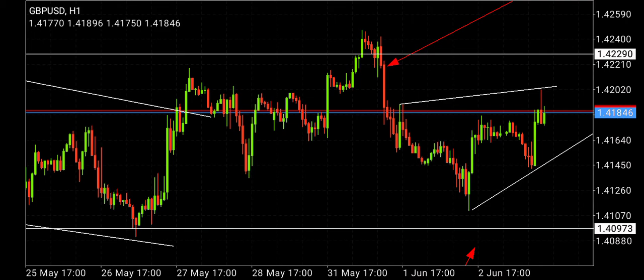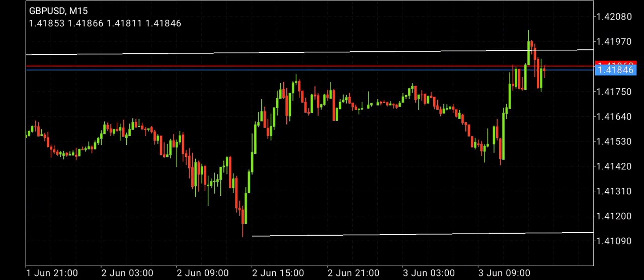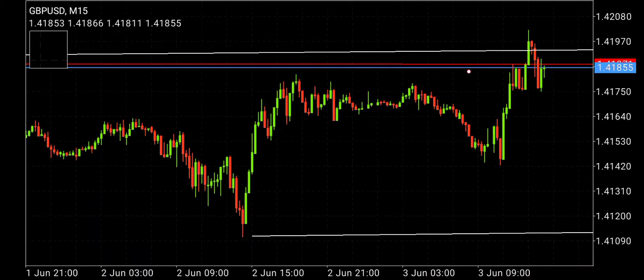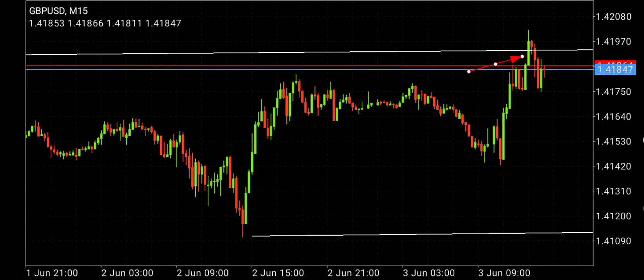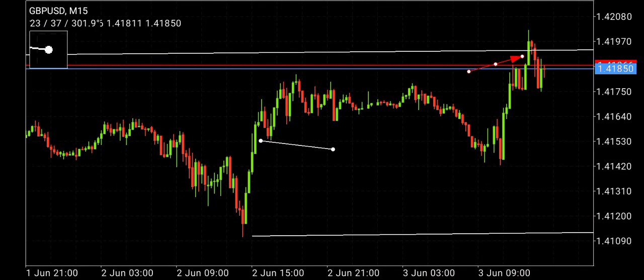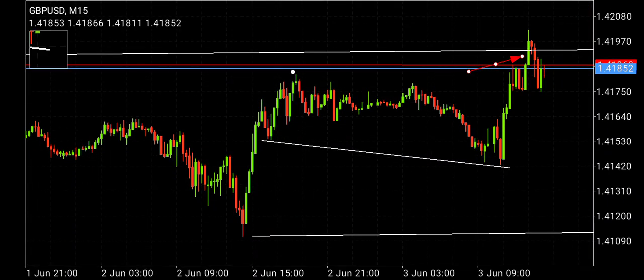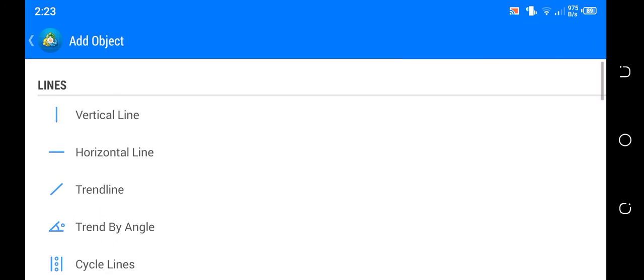So as of that, maybe to get an early entry, we'll narrow down to the 15 minutes and look at what is happening. From the rejection, you can as well see you had the first move up, and the market tried to break out, but it broke back in, which means here we had, let me identify for this pattern, a bigger descending pattern from here to here, and a descending pattern is always a sign of a bullish trend. But as of now, you can see after that push to that zone, the market is failing to create more higher highs. Rather, probably we're looking for a break where the market will give us a trend that is making lower lows. Maybe we take our first entries,